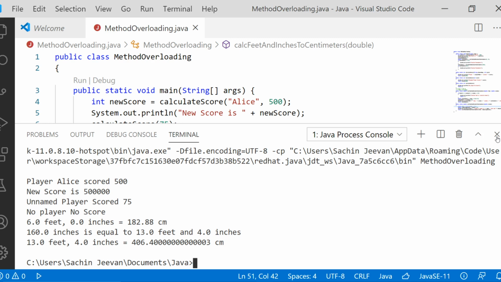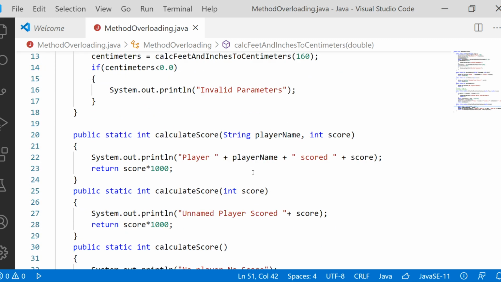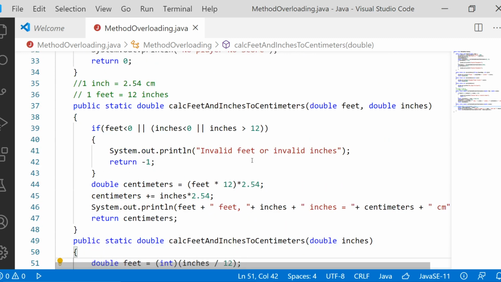So what we have done here is defined two methods, calcFeetAndInchesToCentimeters, with the same name but a different number of arguments. Somebody can give you the number of feet and number of inches and ask you to convert it into centimeters, or otherwise they can give it completely in terms of inches and ask you to convert.